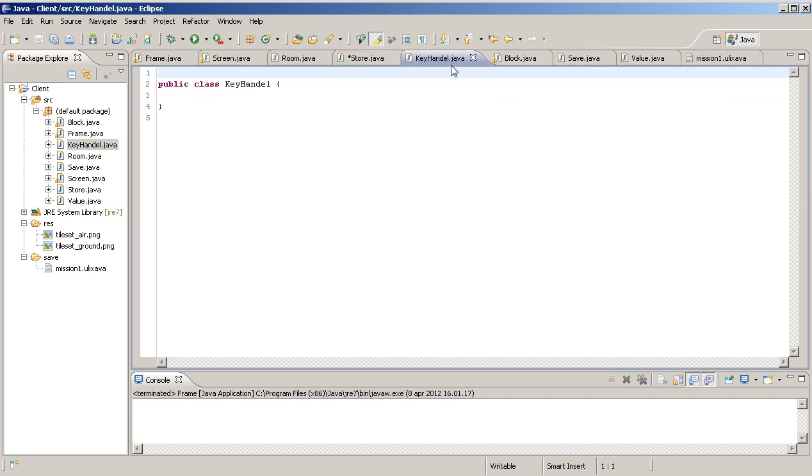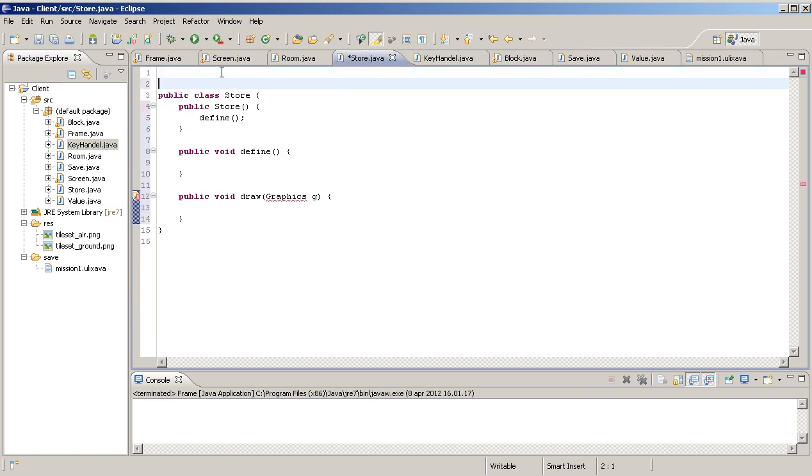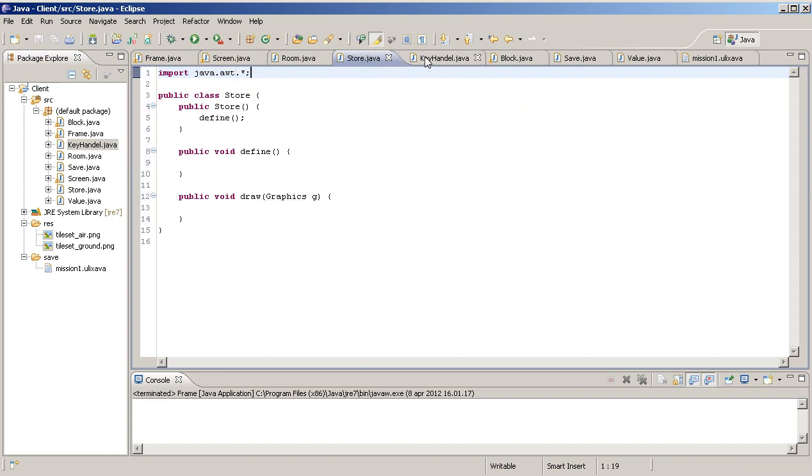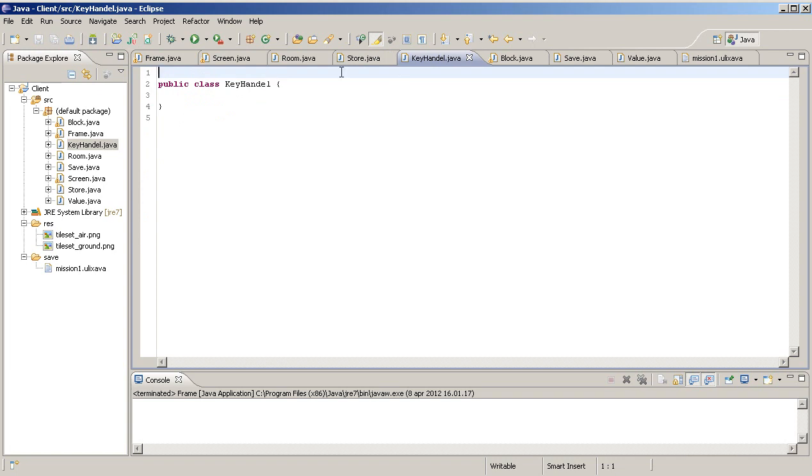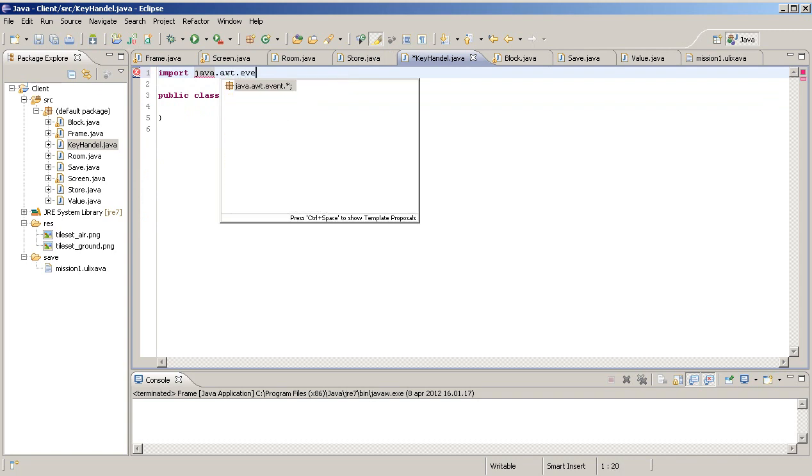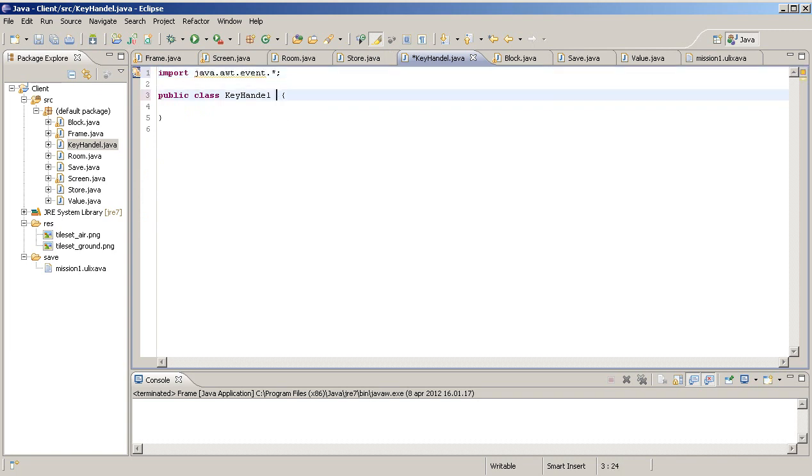We are gonna need to do some random things. Wait, store. Yeah, we want to import java.awt, and we're gonna jump over to the key handle. And everything in key handle classes, for example, we need to import the java.awt.event. And we basically want to implement this method with mouse motion listener and mouse listener, not moose listener,